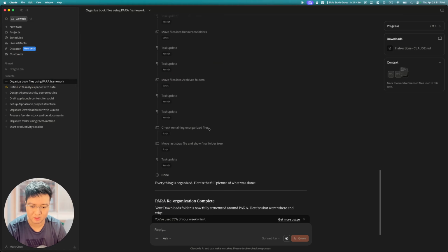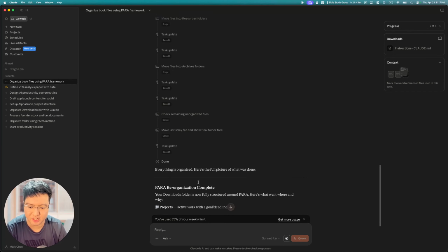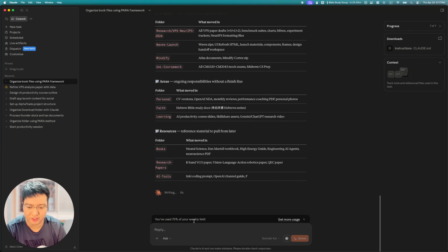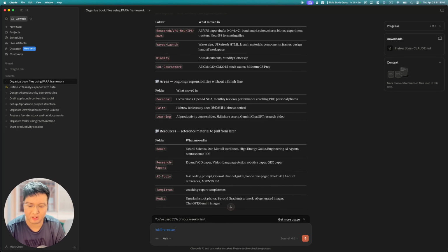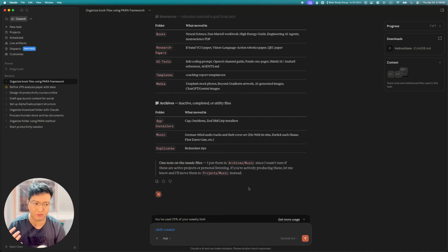Okay, and one bonus tip is that we can use this process to create a skill. So when Claude Cowork is going to do this again, you don't have to understand the whole process and reason through it. You can pick up the skill directly and do the same thing. I will show you the conceptual framework of skills in a later chapter of the course. Claude, please create a skill based on this workflow and